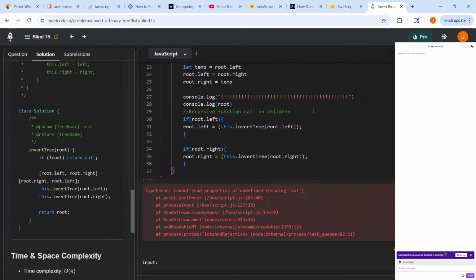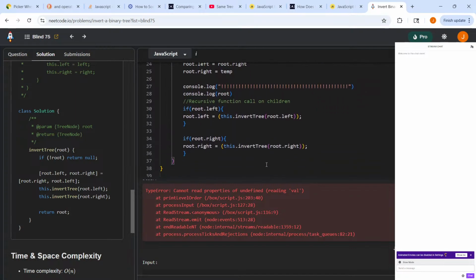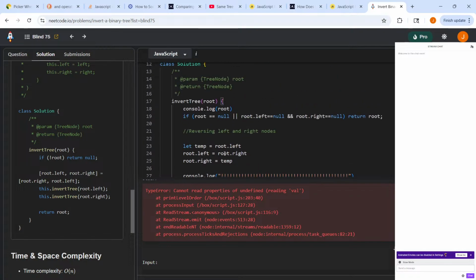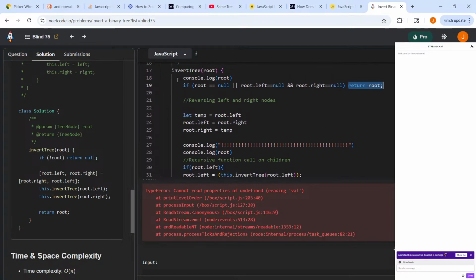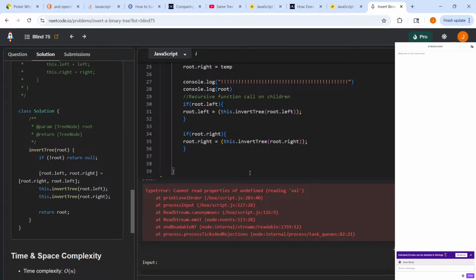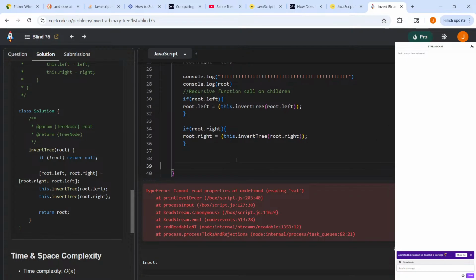Oh, we have to return root at the end of this too. Okay, that does make sense as something I was wondering, but maybe my talking aloud meant that I didn't hear my brain tell me that as well. So at the top of the function, we have the ability to return the root, but also we have to return the root after doing the operations on it. Hopefully I can remember that next time I encounter a recursive problem like this too. Return root. And then in the notes to myself, we must return the root at the beginning